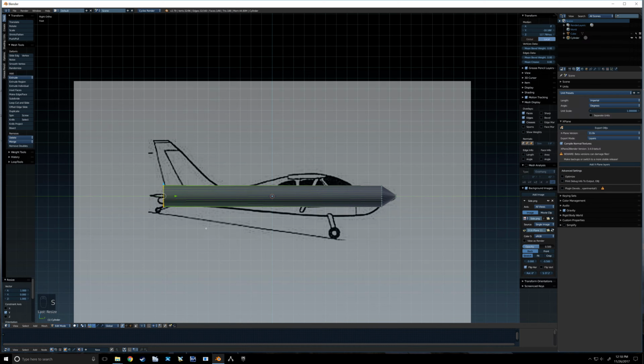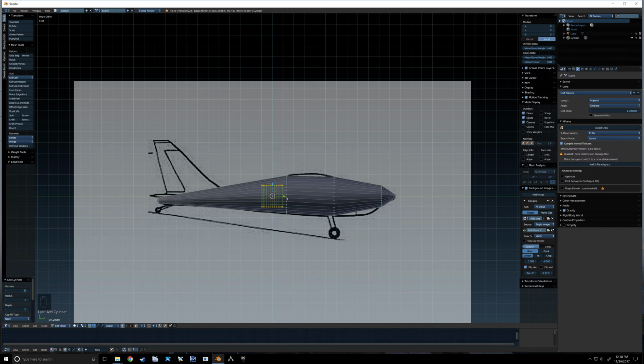I'm trying to get a feel for location, and so we're gonna just set it up something like that. Something like that. Okay, and then we're also going to